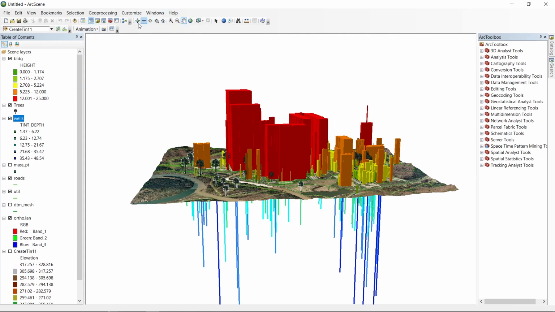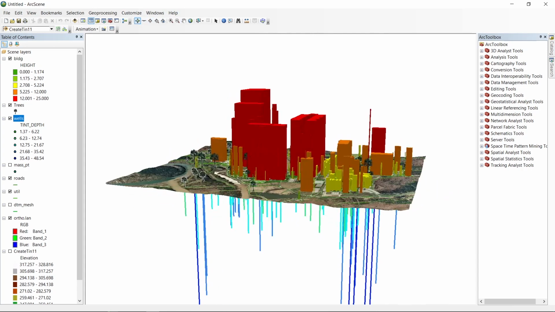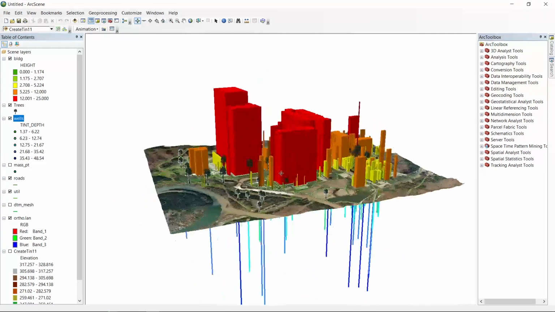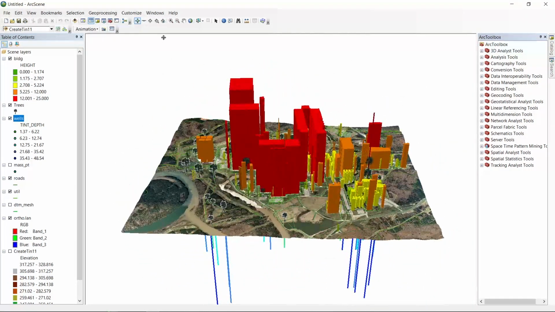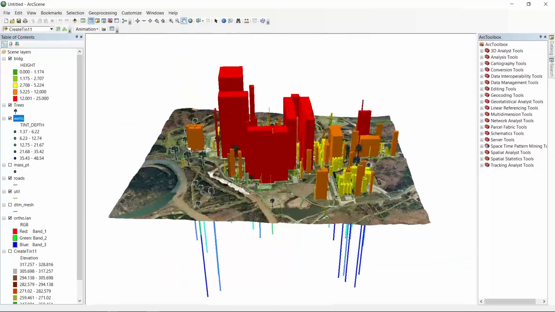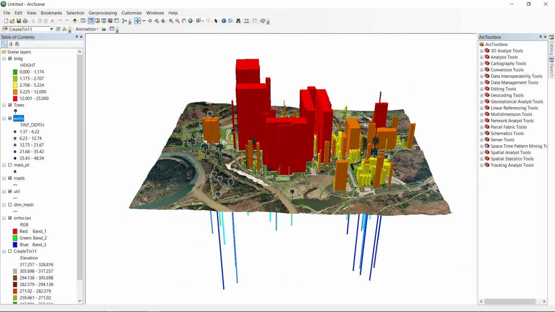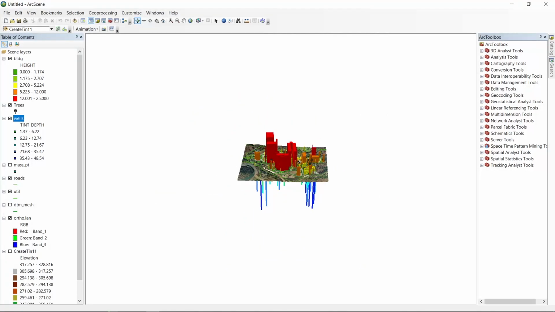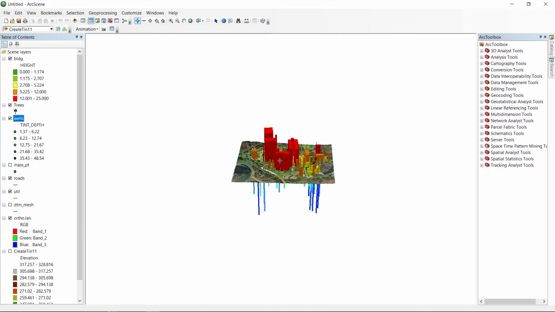Next, I will show you how to navigate this. This is the navigate bar. You can click on this and move this around, and using the pan tool you can just move the model, and using the mouse scroll you can zoom in and zoom out.